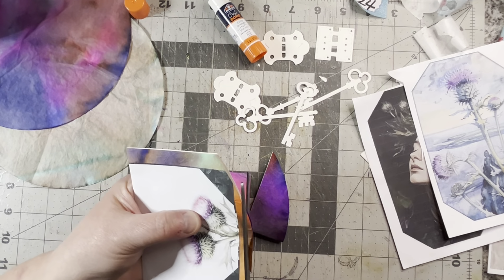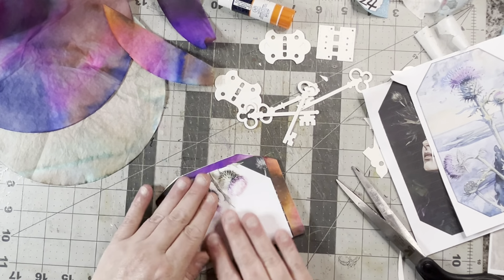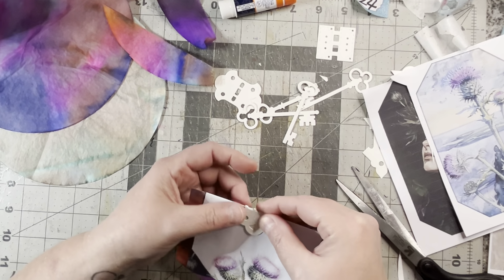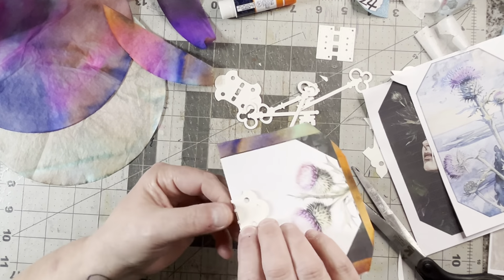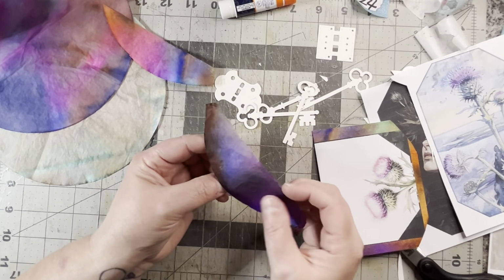And you know what? I wonder if... just having a thought. I was thinking we can do a little decorative hinge there. And I was thinking, I wonder if we could cover it with this thin